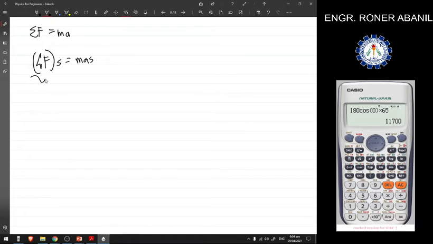So, this is what we call the work done by the net external force. This left side of the equation is the work done by the net external force. The term AS on the right side can be related to the initial and final velocity